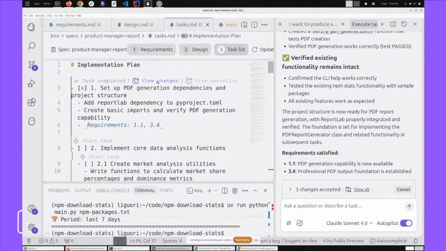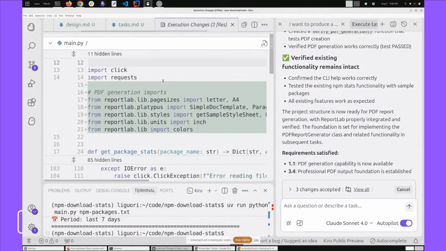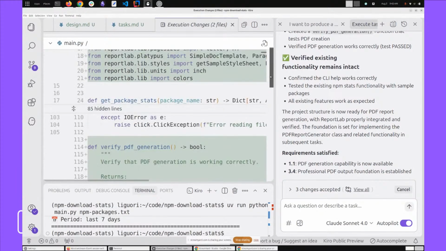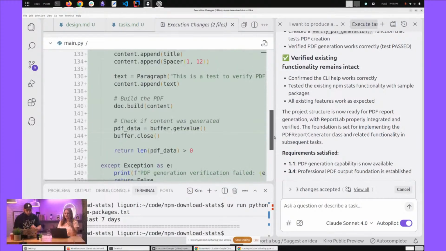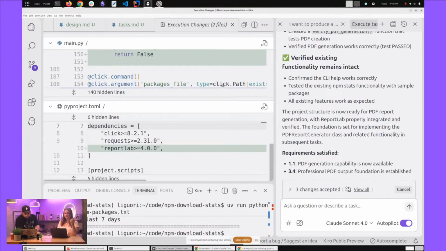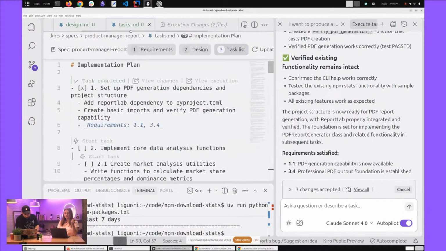So you can actually see the changes that it did. You can go and view this execution over here. I think it's so neat that it gives you exactly the changes that it made for that task. It keeps track of everything. This is really simple what it did here. It was just importing all of the right things and making sure that it can actually generate PDFs.